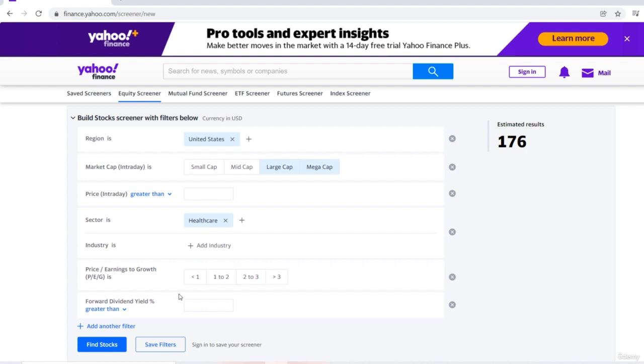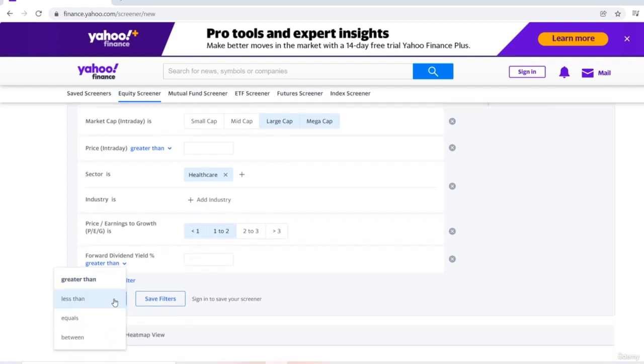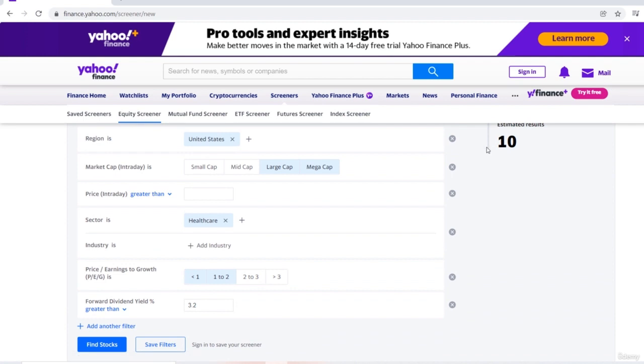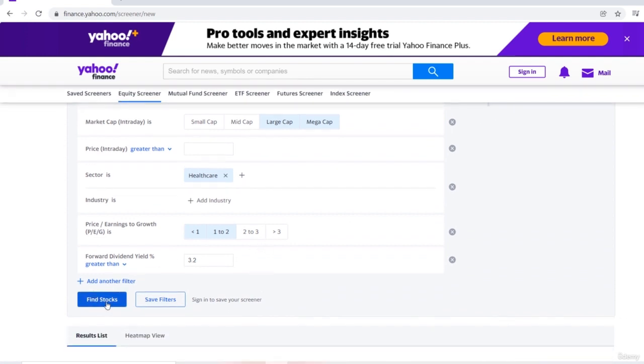And let's say we're looking for something really attractive in terms of price, right? Anything under 1.0 is fantastic for a PEG ratio, but let's go up to 1 to 2 as well, just to capture more possible opportunities here. And then let's say we want something that pays a dividend, and we want that dividend to be greater than, since a bigger yield number is better, right? We could choose less than or equal, but we want greater than. And let's say we're going to be reasonable: greater than 3.2, all right? We're down to 10 stocks here. So then if we click Find Stocks,